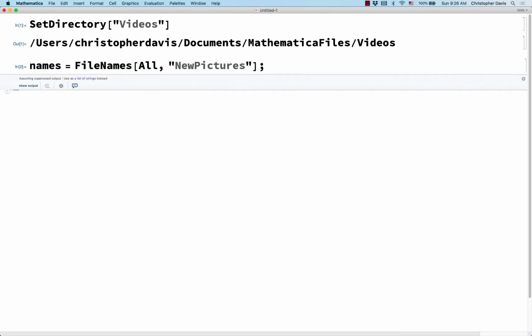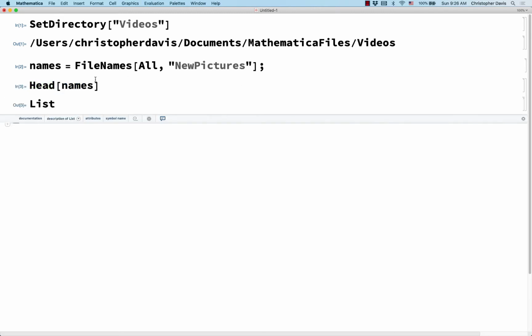And let's check what kind of thing this is. So what is names? Hey, it's a list. Hey, how long is that list? Hey, length 45. That corresponds to the 45 different files. So that's a good sign. And I can almost already start working with this, but let me rearrange the names so that they're in a